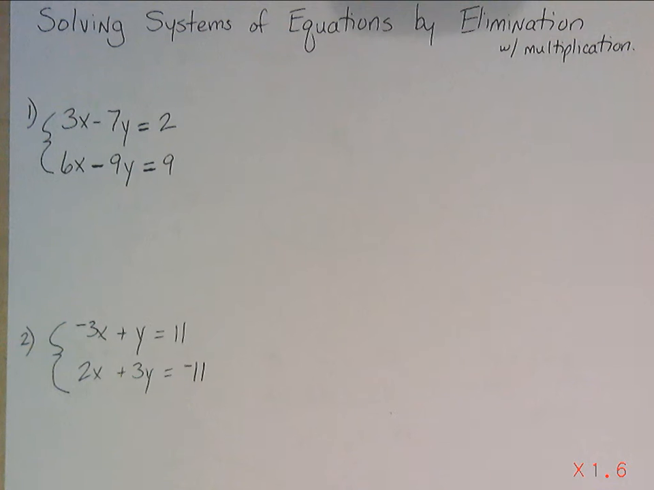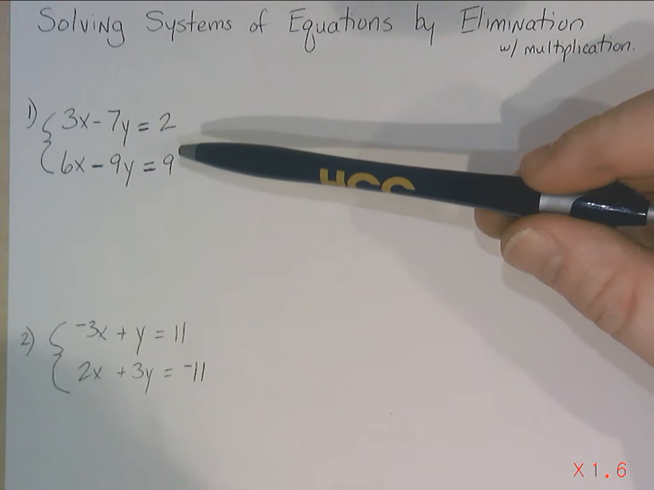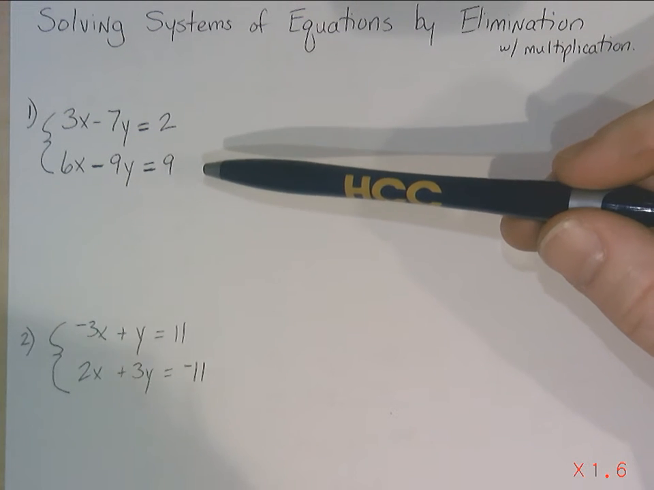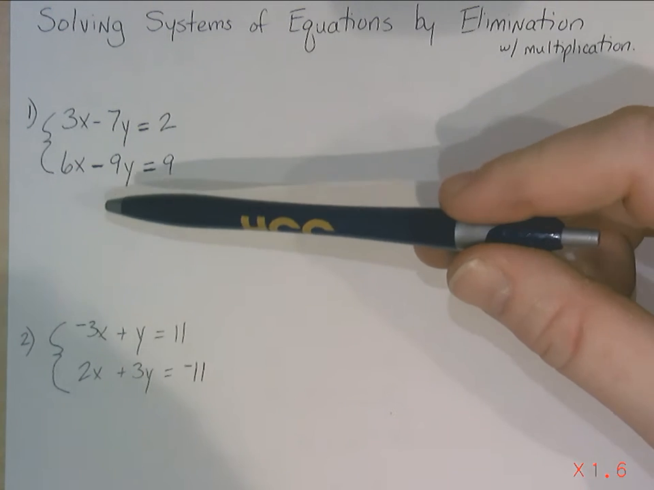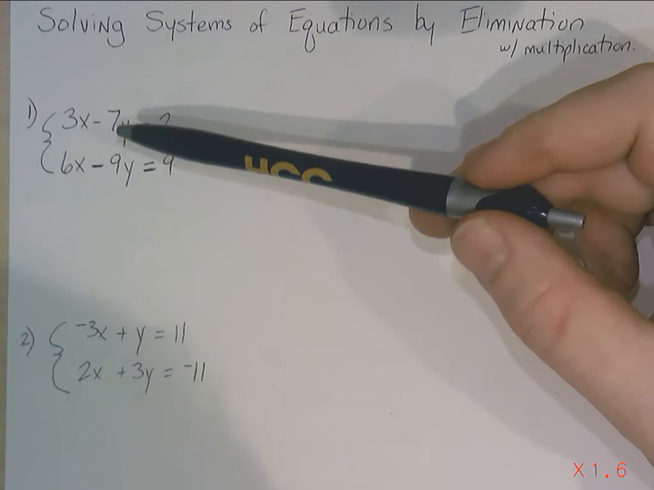Hey guys, this is an 8th grade task: solving systems of equations by elimination with multiplication. So this task involves multiplication. Basically what that means is we have to get it to a point where one of the variables, either x or y, is in a position where they can cancel each other out. Right now they're not. Either one of them can cancel out if we were to add or subtract them. So what we need to do is take a look at